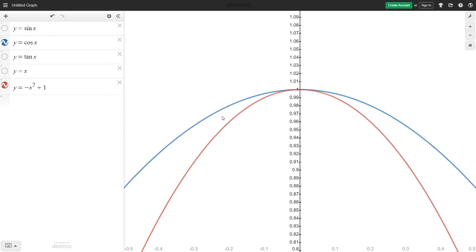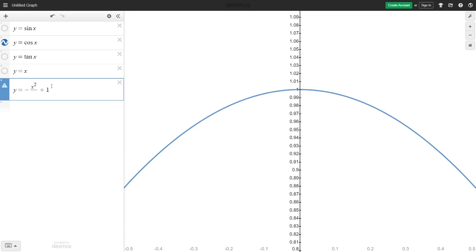This blue one, so cos x, looks less steep than the red one, which was our guess at the approximation. So how can we make this one less steep? Well, what we can do is make this a fraction. And we can see here that this is a much better approximation